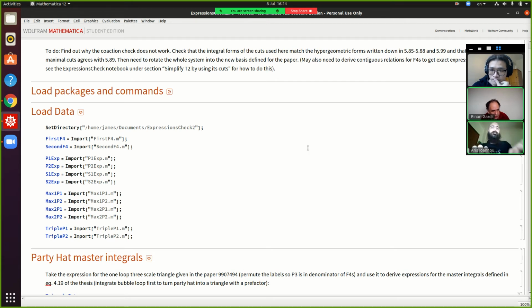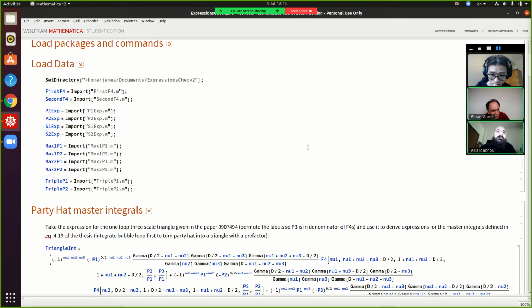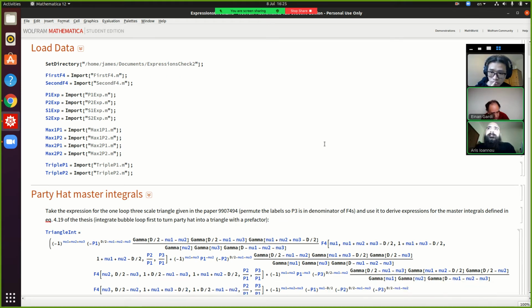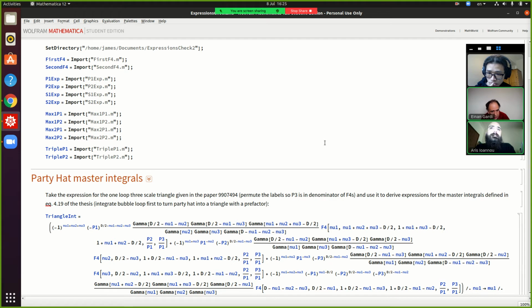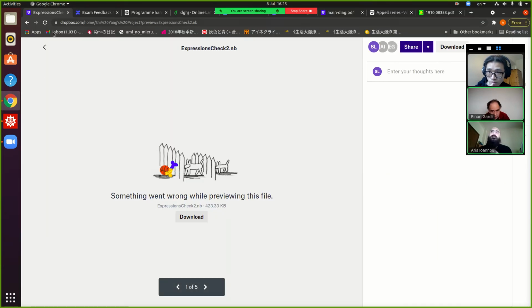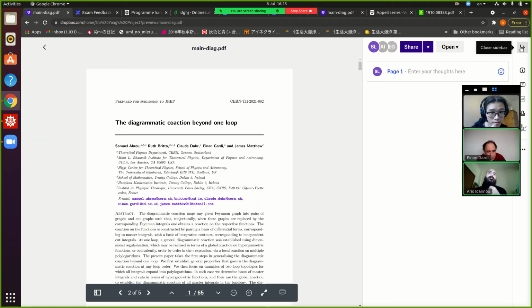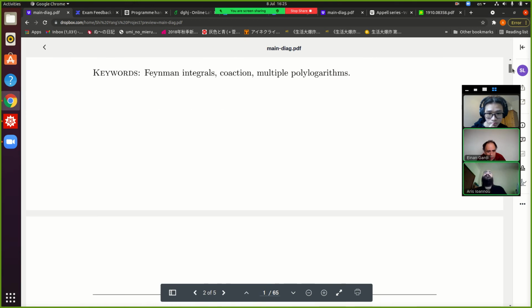What are these expressions? These are the expressions for the masters and for the cuts that are used for this double-edged triangle. So let us look at the paper again, the recent one. Yes, this recent one. So if we go to the double-edged triangle,